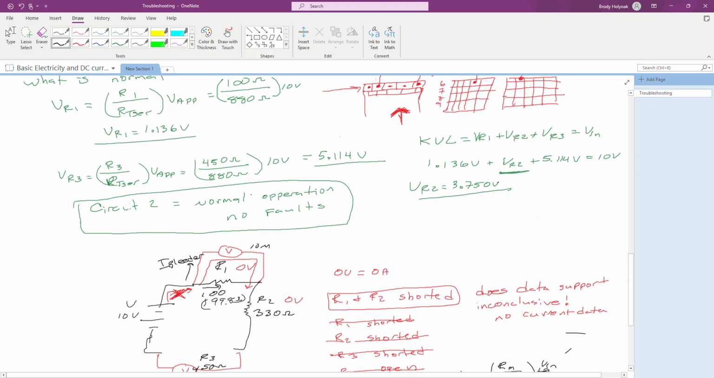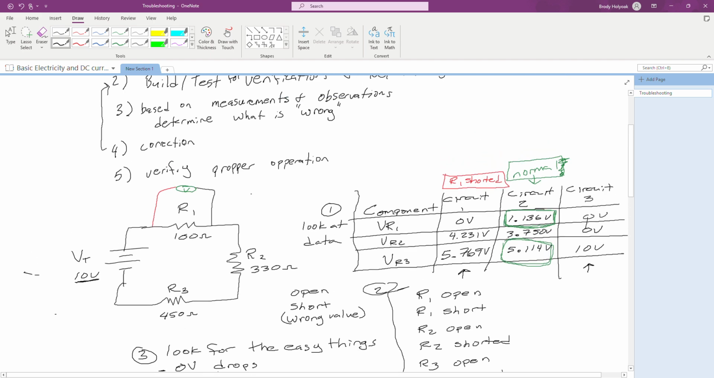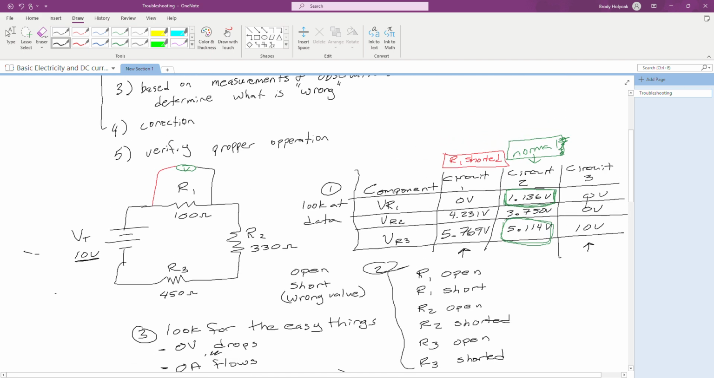Okay, so if I come back up. So my first circuit, we determined that R1 was shorted because only it had 0 volts across it, meaning 0 current flow, meaning the current was being bypassed away from that component. Circuit 2, based on our calculations of running through this, is our normal operation. There is no failure in that. And then we get to circuit 3, which is going to be determined as R3 is open, due to the